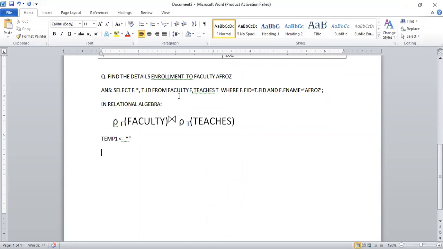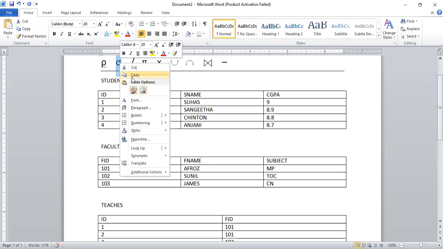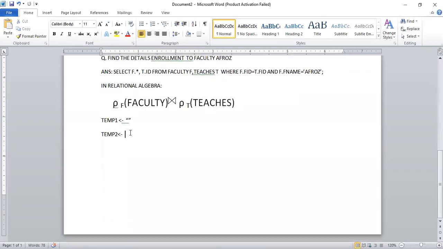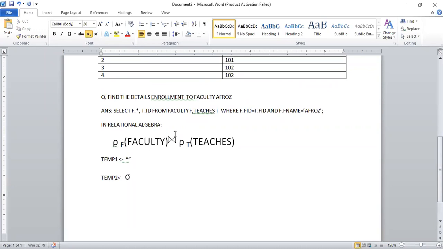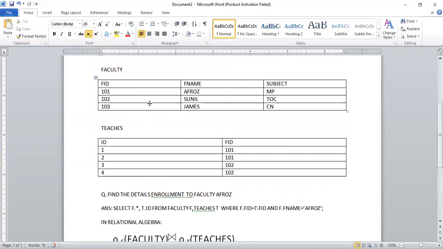Next, another condition comes after this. Now to this temporary 1, I am creating another table or another view. If I apply the selection operation, this temporary 2 will hold what? I am using selection because there is a condition, and you can specify a condition using the selection operator only. So I am copying the selection operator and writing selection here, then changing the suffix. All 5 attributes are coming, but I want only 4.